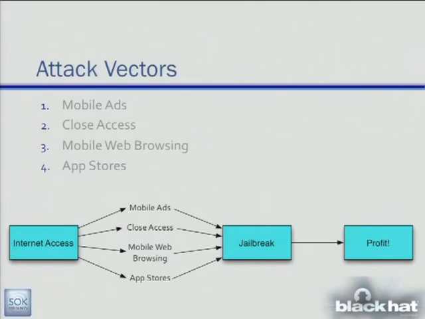Okay, so based on this, we know that there are a couple different pathways that a mobile malware group could take. This is what it looks like to them. They have internet access, they want to get money, they have to gain access to the phone through one of a couple of different vectors that we're going to go over. They need to escalate privileges, and then from that they can make money, right? To us,